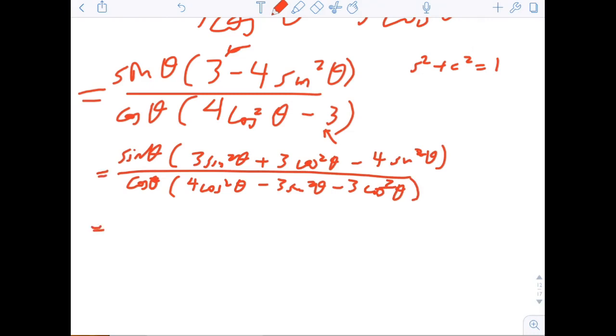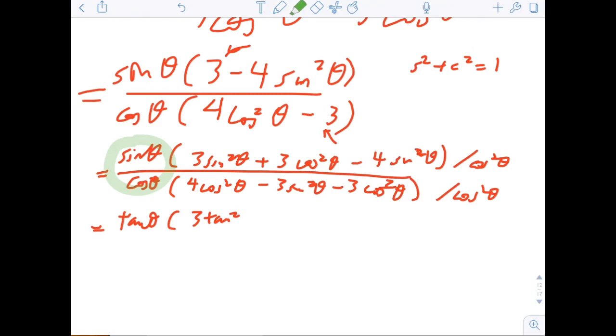And the sine divided by cosine here becomes tangent of theta in the numerator. And then if we divide everything on the top by cosine squared theta, and we divide everything on the bottom by cosine squared theta, then we're going to get 3 tangent squared. Oh, by the way,